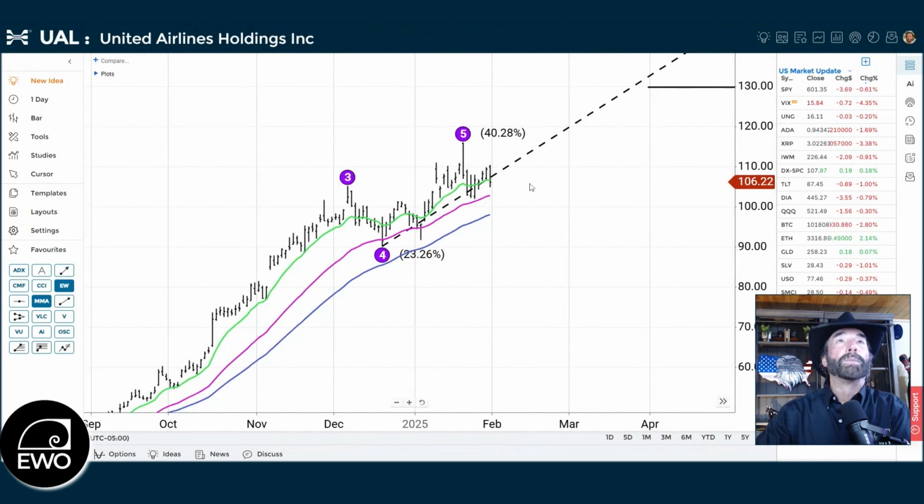But United, you can see, opened a little bit higher, trading a little lower now, but really just consolidating this move from its wave four. Now, this wave four was only at the 23.6% fib level, and Elliott would consider that just a blip on an otherwise big impulsive move. He would label it because it is a fib level, but if you read his works, and I think I've read everything